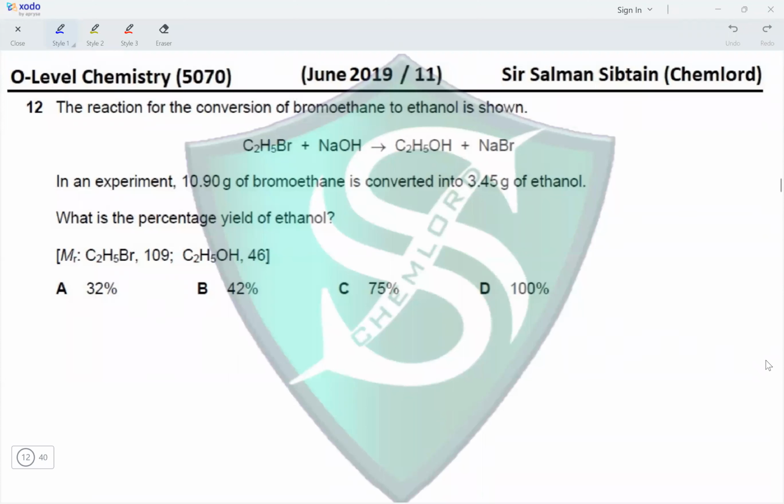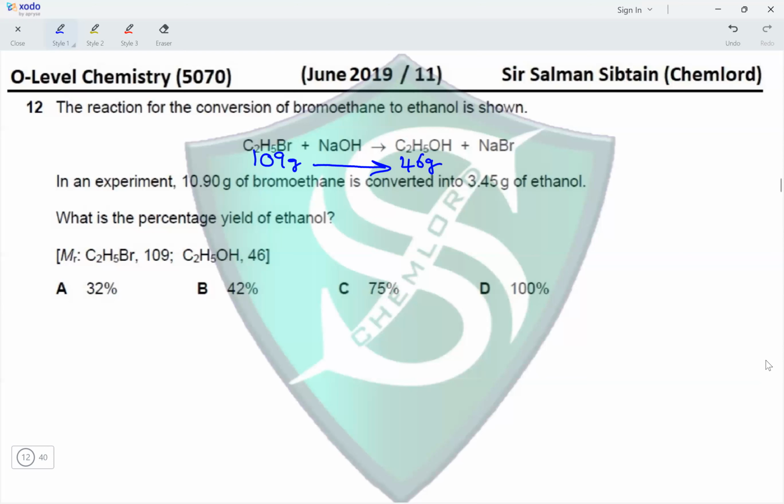Question 12. The reaction for the conversion of bromoethane to ethanol is shown. In an experiment, 10.90 grams of bromoethane is converted into 3.45 grams of ethanol. What is the percentage yield? And they've given us the Mr of C2H5Br as 109. So 109 grams of C2H5Br will produce, the Mr of C2H5OH is 46, so it will produce